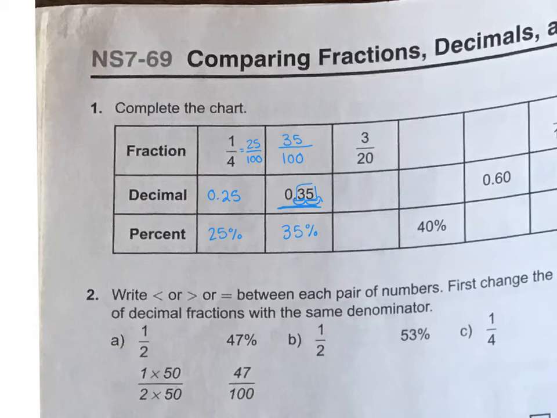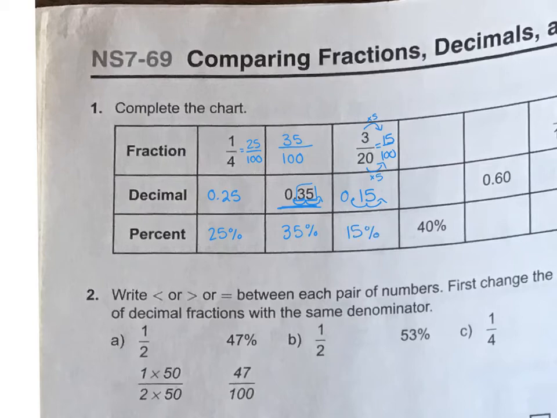To figure out 3 out of 20 as a decimal, I need to figure out what it would be out of 100. So 3/20 equal would give us 15 out of 100. Then we can turn this into a decimal, which would be 0.15. And then to write this as a percent, we just move the decimal over 2 places, so it would be